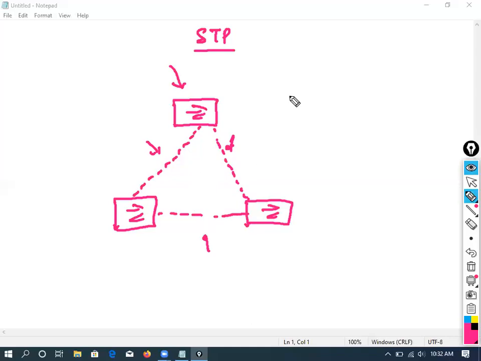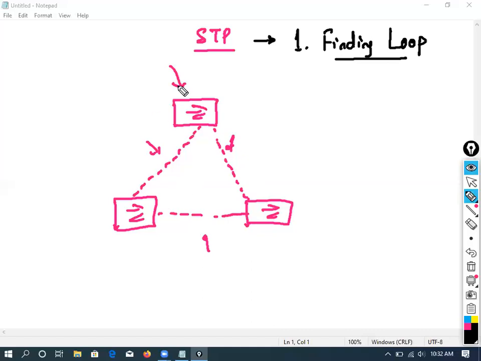Is it clear? Now, what should STP do as the first step? First, STP will find the loop. How does the switch or STP find a loop? We found a loop because we connected it. We know that we connected in a circle format. Are you getting my point?